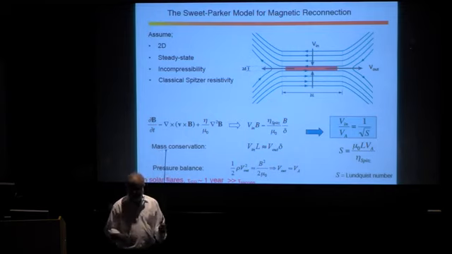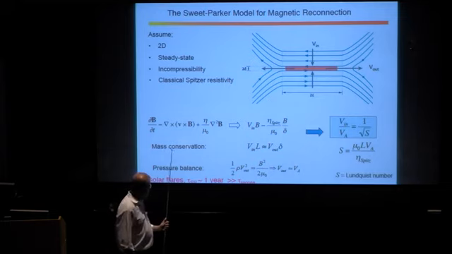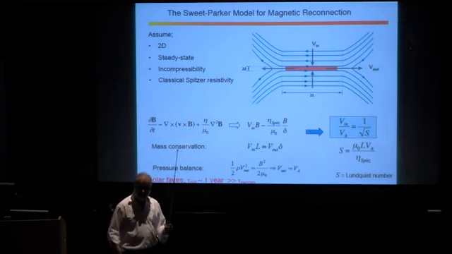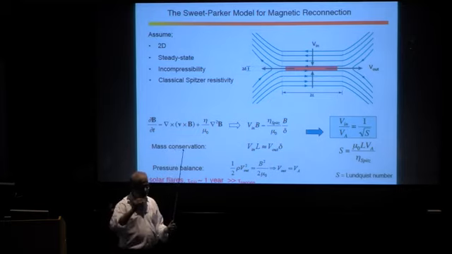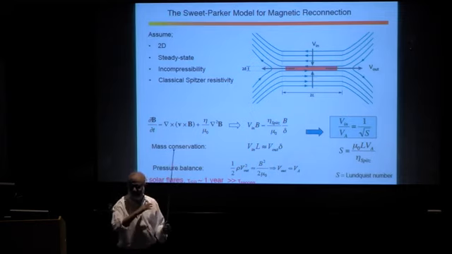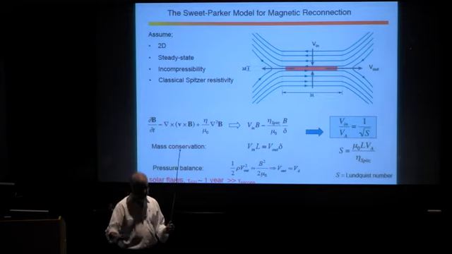Parker and Sweet knew that even though this is a correct theory, it could not account for the speed of energy liberation in the case of flares, which are much more rapid. Are you guys with me? Right? So diffusion does not work. Unfortunately, this great simple theory, and I call it a great and simple theory because the arguments leading to the Sweet-Parker timescale are just done in half a page on a sheet of paper and has been verified thoroughly until very recently. Questions have been raised, and I'll talk about that too, about the correctness of the theory.